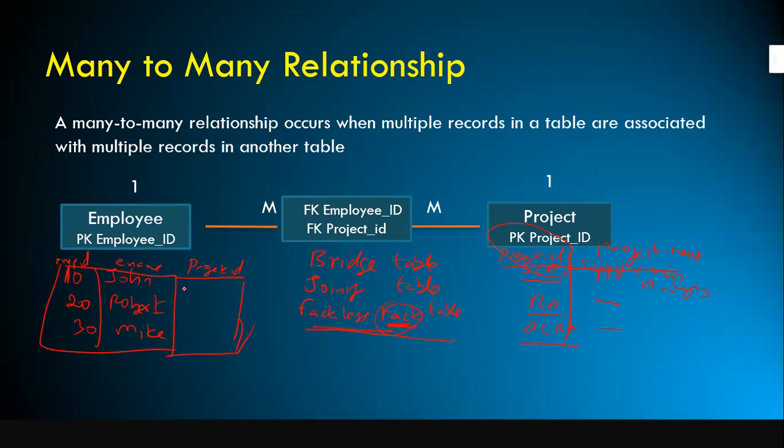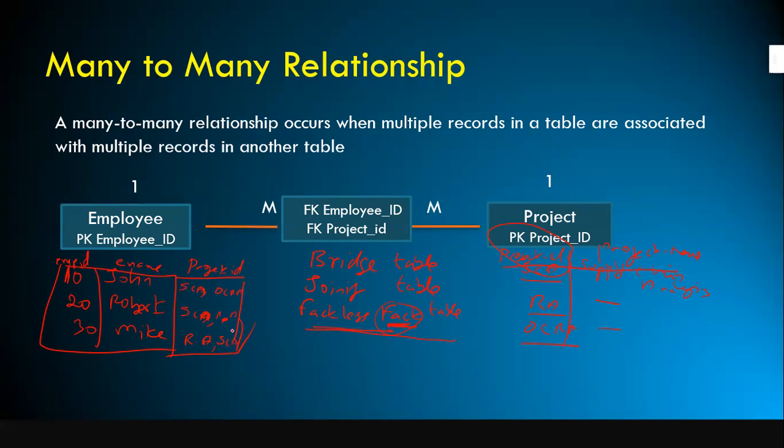Let's say he is working on SCA, Supply Chain Analytics, and also on the Omni-Channel Retail Analytics project. Robert is working on SCA and Retail Analytics also. In a startup company, employees work on more than one project because they cannot afford recruiting more employees. Similarly, Mike is also working on retail analytics and supply chain analytics.